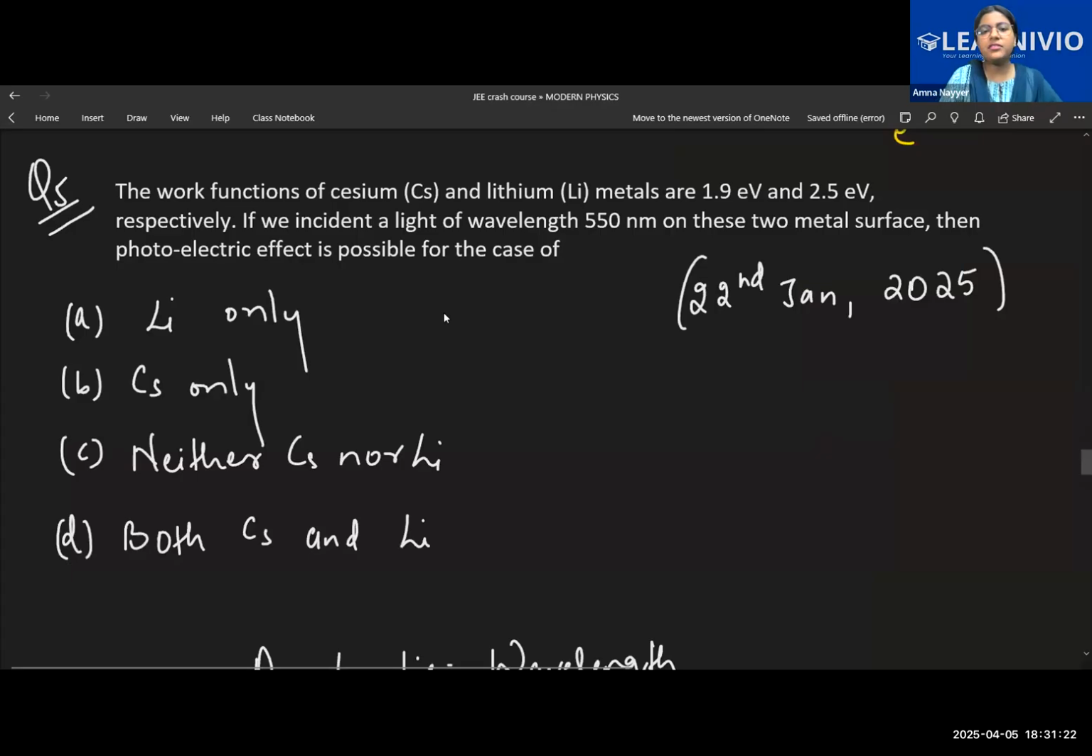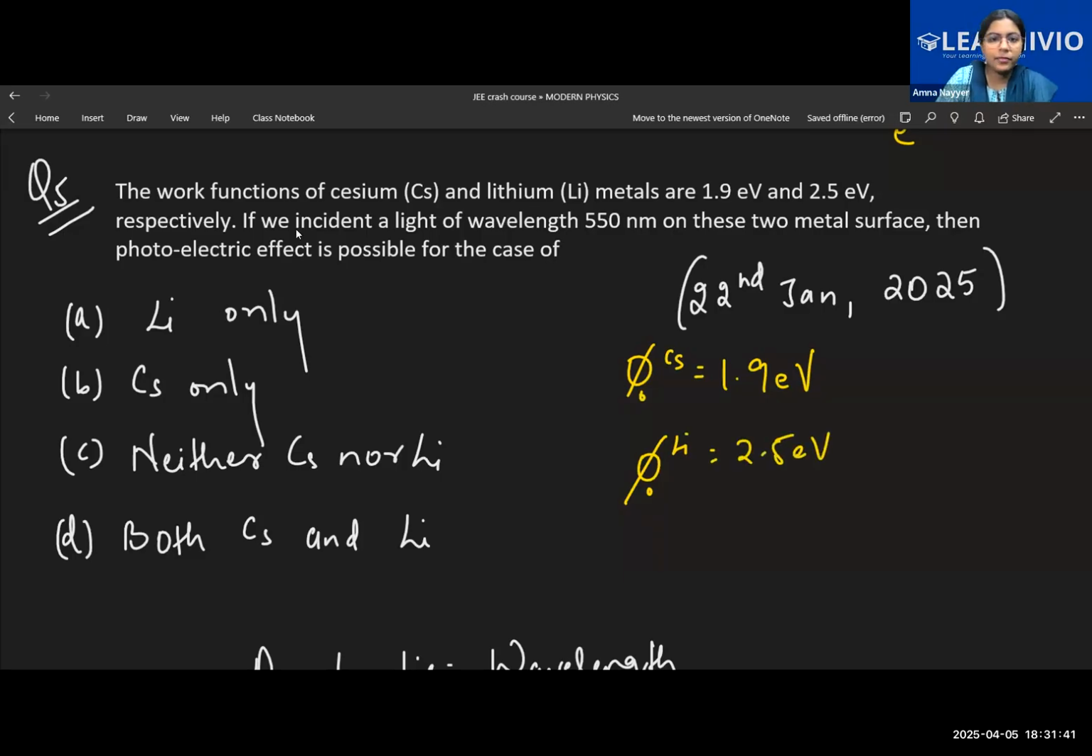See, this says the work functions of cesium and lithium are given. Phi, work function, means the minimum energy that is required. So for cesium, it's 1.9 electron volt. Work function for lithium is 2.5 electron volt, respectively. If we incident a light of wavelength 550 nanometers on these two metal surfaces, then the photoelectric effect is possible